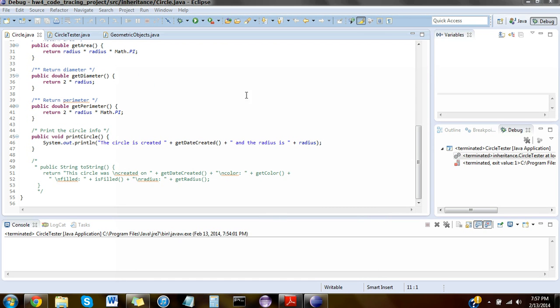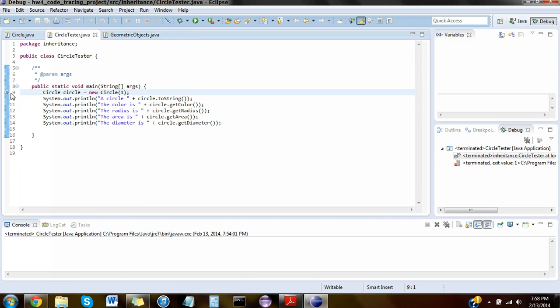So to begin, we're going to run some debug and go step by step and demonstrate inheritance here. We have the Circle class, which is an extension of GeometricObject, its superclass, and then CircleTester here, which tests the whole thing. So let's go over here. I already have a breakpoint right here, but just to make sure we can put one right there, and then